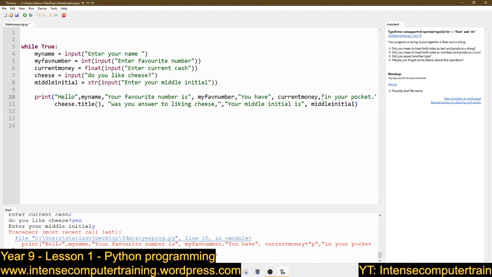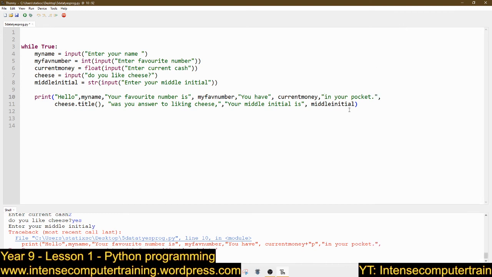I could put P there, but there's going to be a space after it, and normally when you're doing pound signs and pence, it's directly after the number. That's the way the syntax is in regular writing. But we're going to just leave it there, I think, because it gets really messy next lesson, because we're going to be doing all kinds of things with loops, if statements, making things change, setting things, and playing a game which will have lives and things.